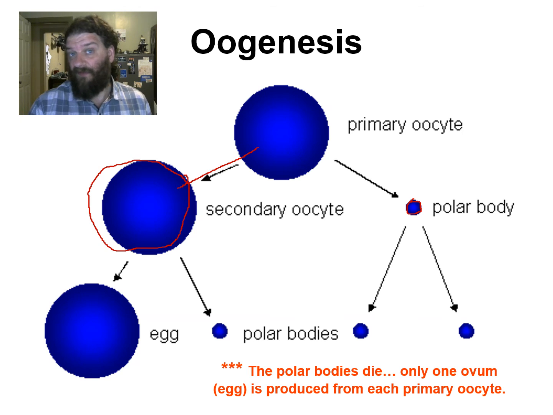Remember that cell's got to provide all of the cytoplasm for the first somatic cell, so that somatic cell can divide, and it can divide again, stuff that we'll talk about later on. Now that secondary oocyte is going to divide unequally again, and all of the cytoplasm basically is going to end up in one ovum. And half of the genetic material, 1 chromatid from each one of those double chromosomes, is just going to get kicked out into one of these little polar bodies, right? And so you really only get 1 egg from each primary sex cell, where in males you get 4.